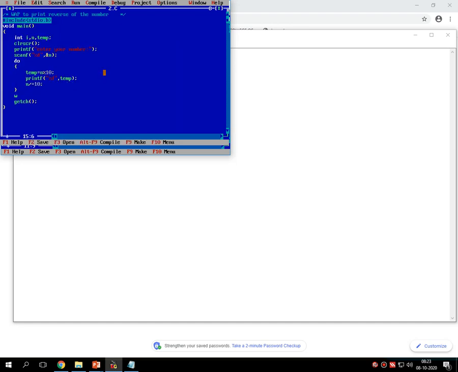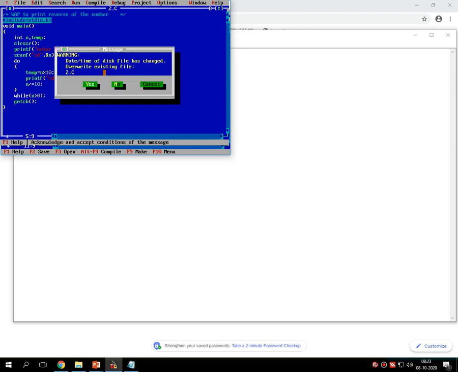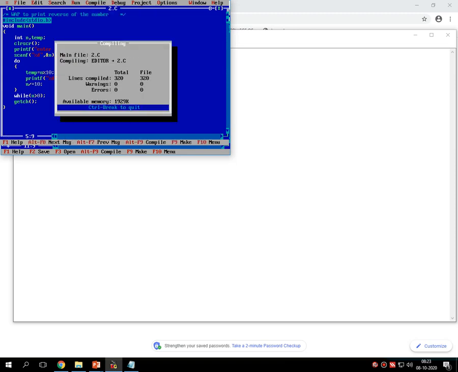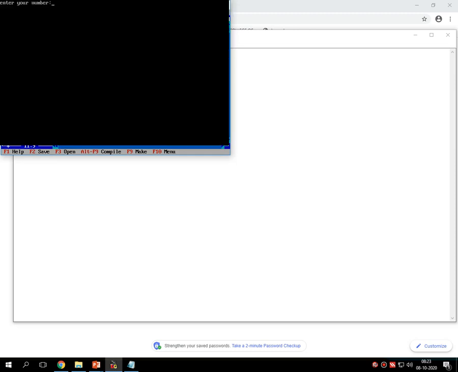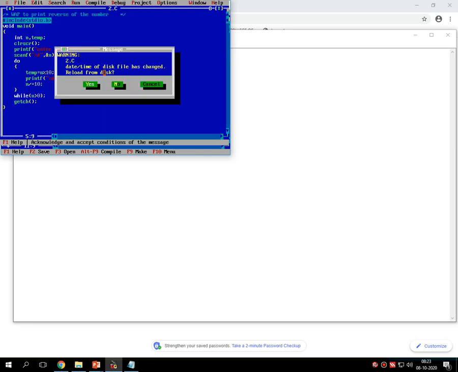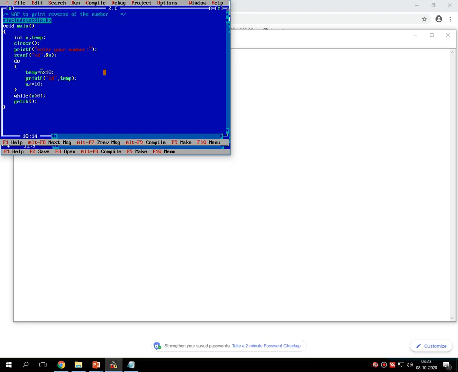Then over here I am checking while n greater than 0. In this program there is no need to declare the variable called i, so I am just removing it. Let's check whether it will work or not. There are no syntax errors. Let me execute this code and enter the number 379. The output should be 973. It's there. So reverse is successfully working in this program.